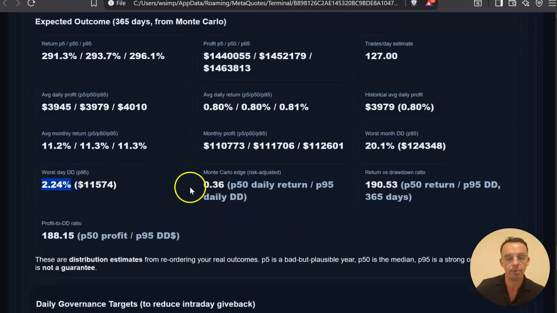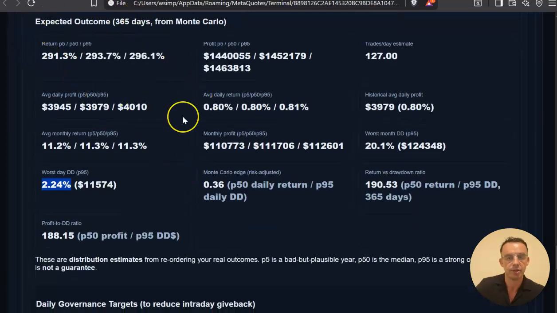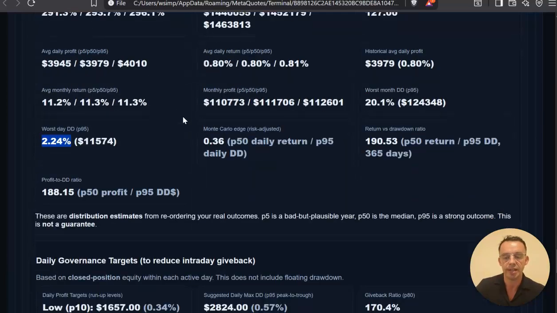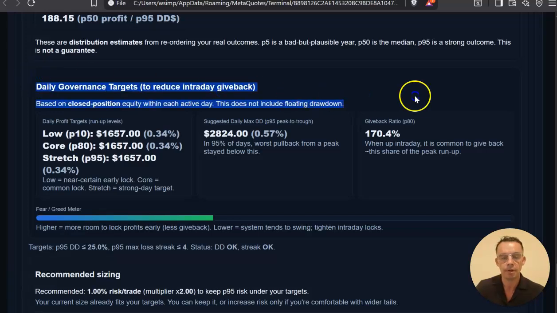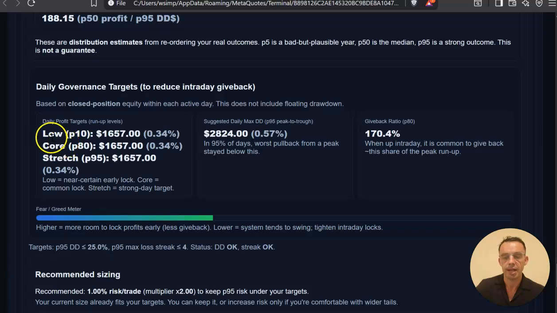Worst drawdown 2.2%, and it's just expectancy, based on a certain amount of data. This will change weekly and monthly as more trades are taken and more data is fed into the engine. So this is one of the most important features here. So this is telling you